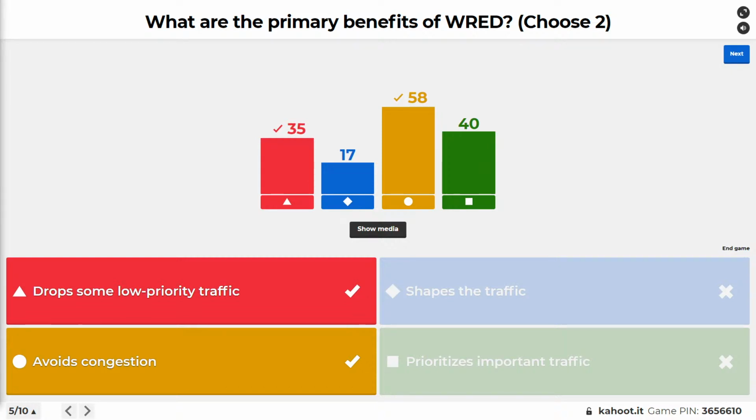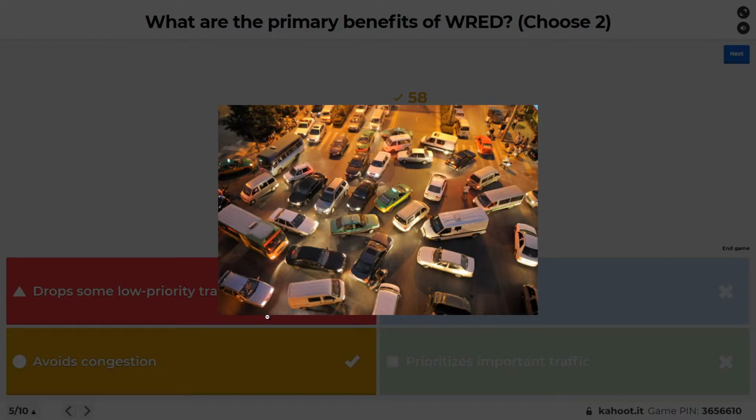All right. It is indeed drop some low priority traffic, not all of it, and also avoiding congestion. Let's take a look at this picture for a moment. Let me grab a pen. So I think we could all agree that there's some congestion here. And what happens if we have a lot of TCP traffic, which in many environments we do? When a client is using TCP to communicate, they have a window size, and as things go great, that window size, the number of segments at layer 4 that they can send without an acknowledgement, increases and increases and increases. But when they start losing segments of data, meaning chunks of data, they're going to shrink that window size back down.